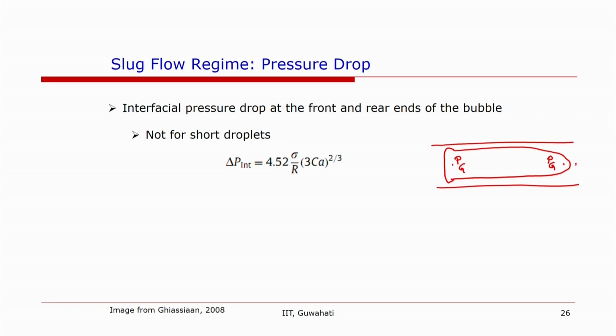Now you can say the pressure at front and pressure at rear. So delta P, because of the interface, is